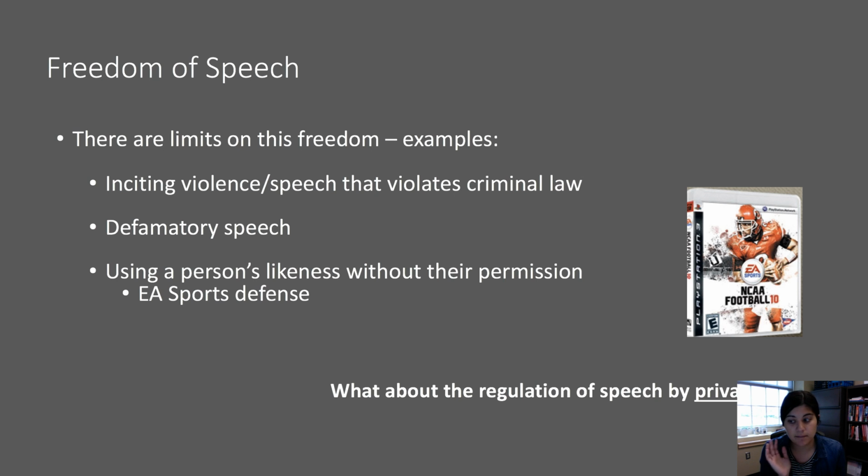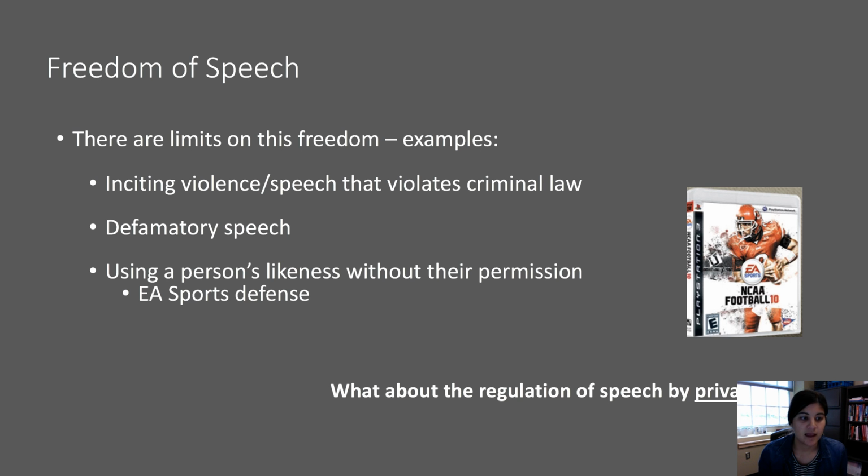Okay, so there are some limits on freedom of speech, and I think it's important that we outline those, and you'll probably recognize some of these concepts from our earlier conversations. So some of the limits here. If speech actually incites violence or it violates a criminal law, then it is okay for a state actor to